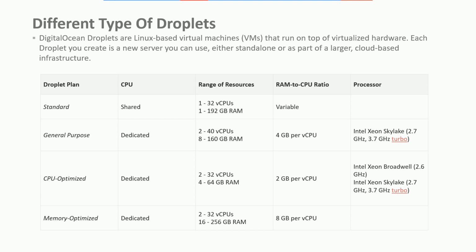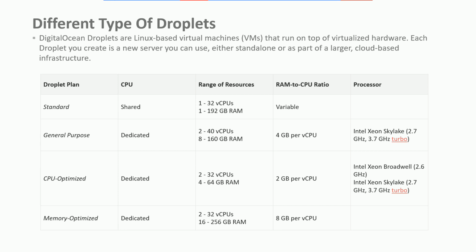This is almost a similar strategy for all the cloud vendors: AWS, Azure, Alibaba Cloud, Google, DigitalOcean, or maybe any Tom, Dick, and Harry. CPU optimized, memory optimized, general purpose, standard, right? There are different options available, and the processor is also given.